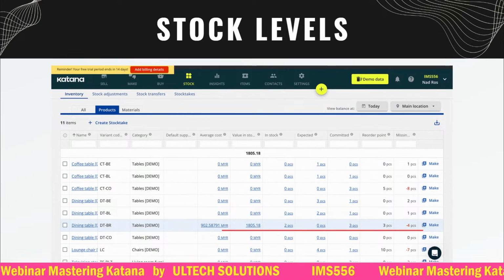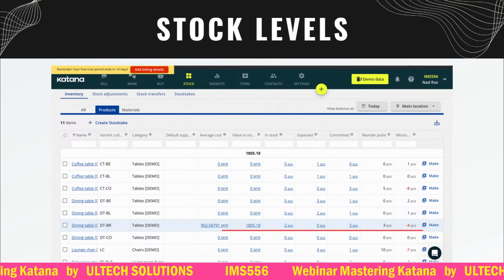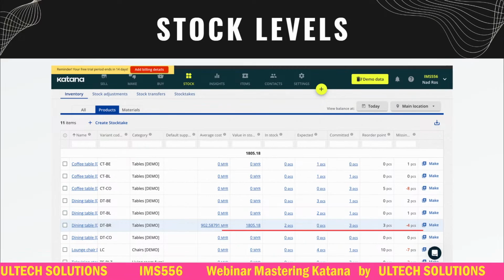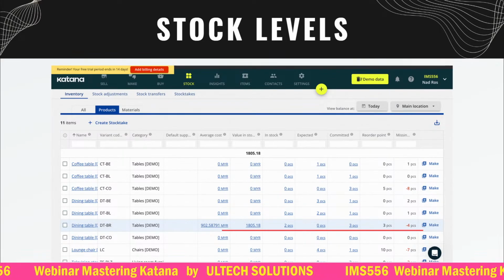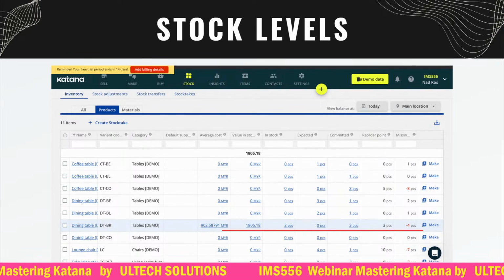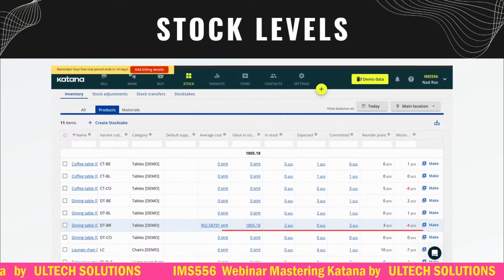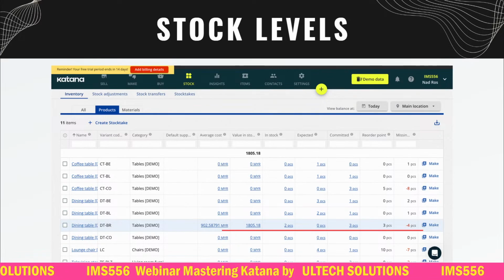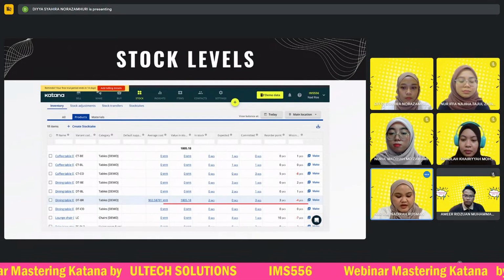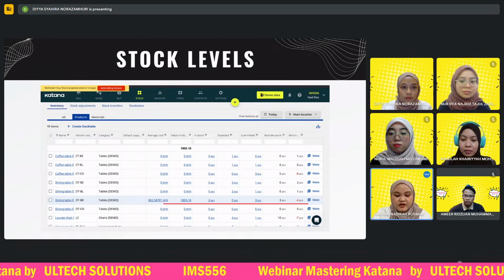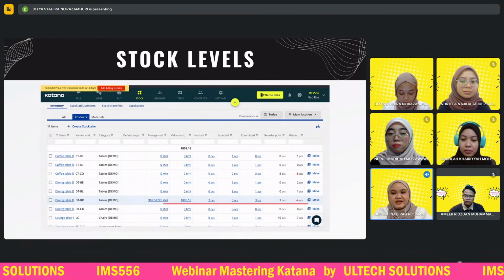All of the numbers are related to those products inside of the stock. For example, we have average cost, which is a calculation of the total value in stock divided by your in stock quantity to give you how much each and every product's average value is. Next,